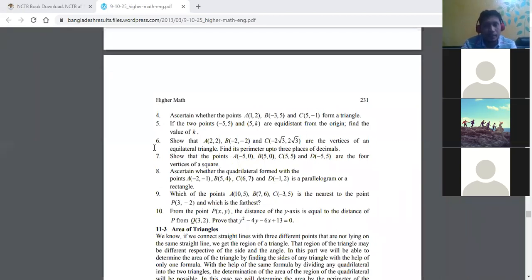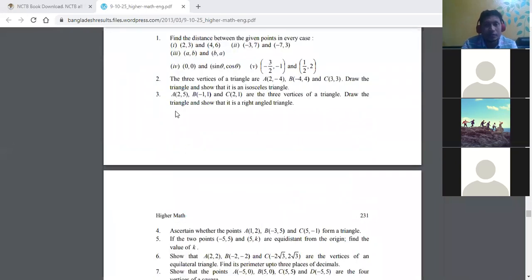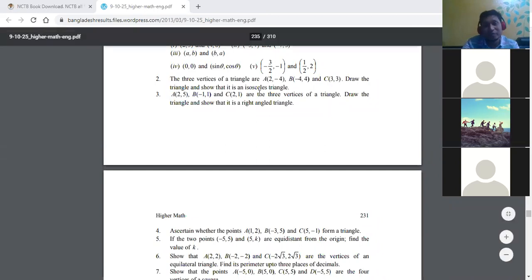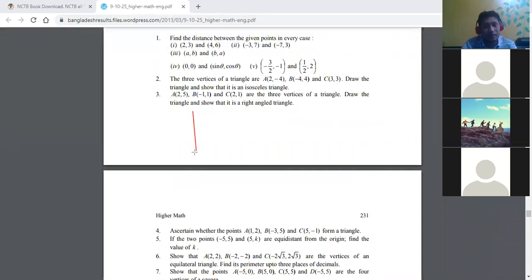Suppose we want to solve number 6, 7, 3, 4, 1, 2. Anything can be solved. Suppose number 2: the 3 vertices of a triangle are A(2, −4), B(−4, 4), and C(3, 3). Draw the triangle and show that it is an isosceles triangle. Very easy. You will draw it using graph paper. Like this way you can draw. Very easy if we use the